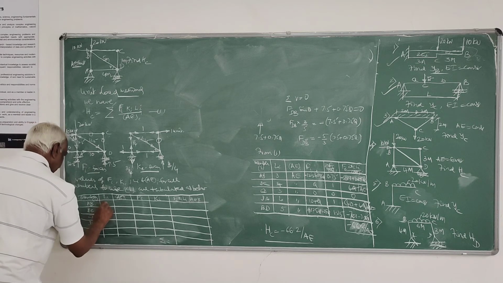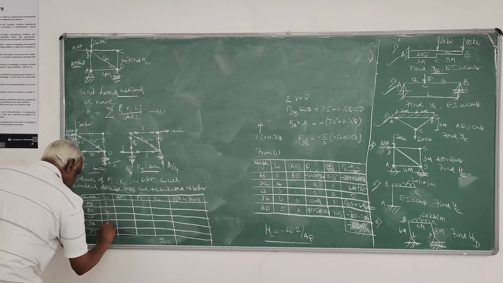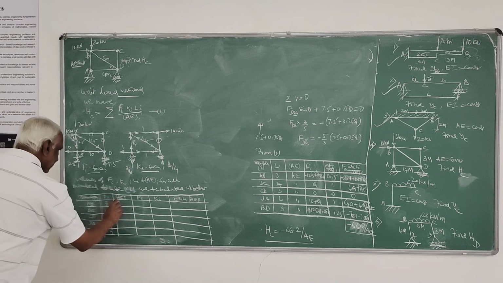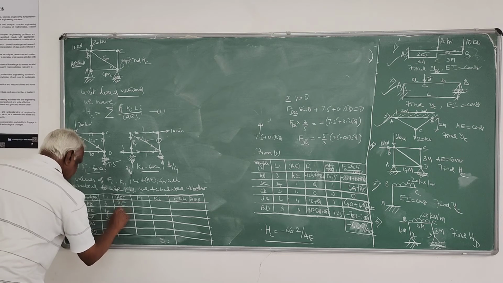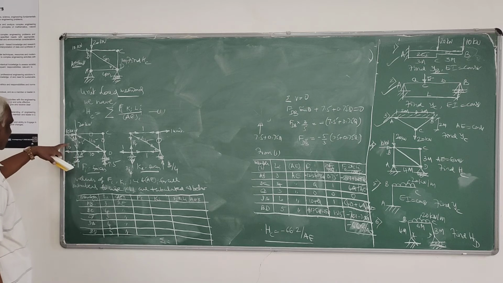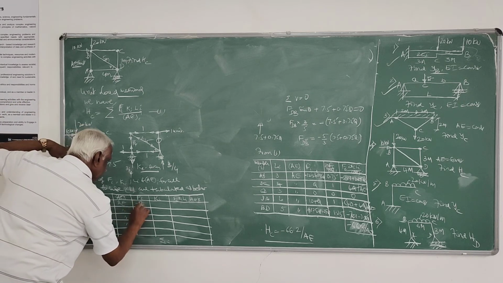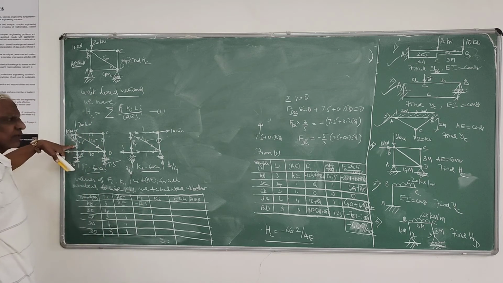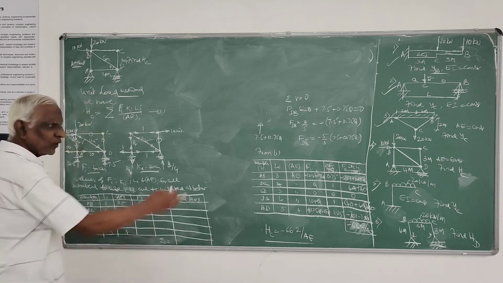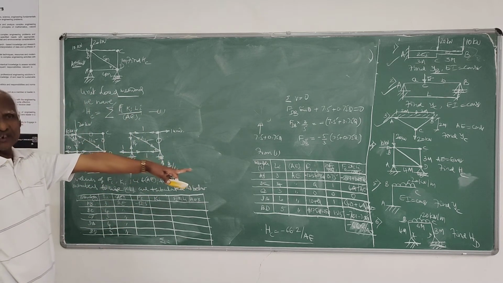So here Li: AB is 3, BC is 4, CD is 3, DA is 4, and BD is 5. No change. This AE is constant, you can retain. And Fi, for AB it is 12.5 minus 12.5. Then we got 12.5 plus due to that Q. Q anyway it is 0, you are getting this. Instead of Q equals 0, you have to get the same solution.